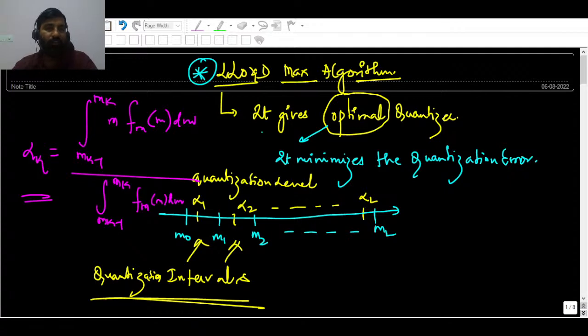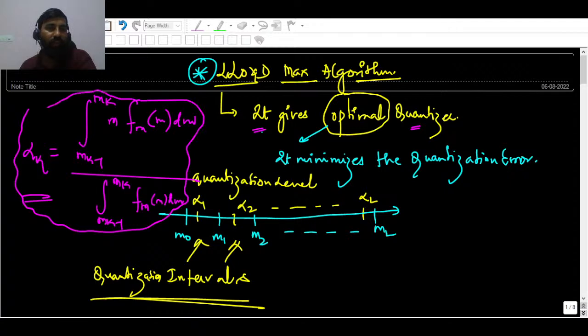This question I discussed in the previous session, and that session was a little bit interrupted because of fluctuating Wi-Fi. The crux of this question was based on the Lloyd-Max algorithm. The Lloyd-Max algorithm gives an optimal quantizer. Here, optimal means that it minimizes the quantization error. This was the result we found